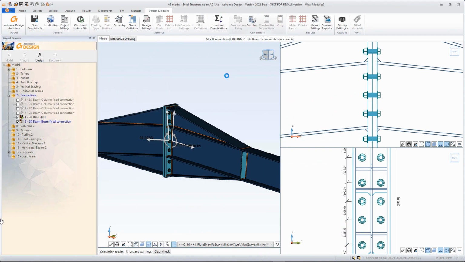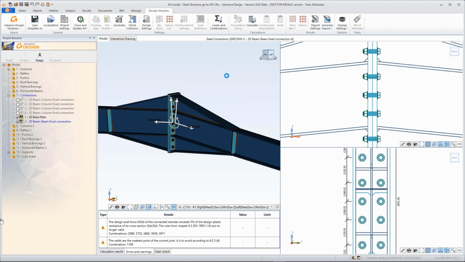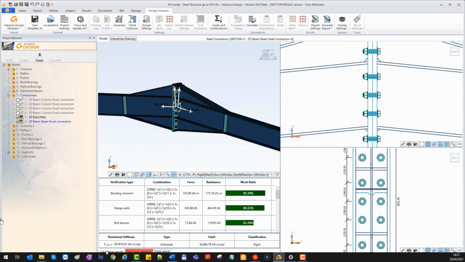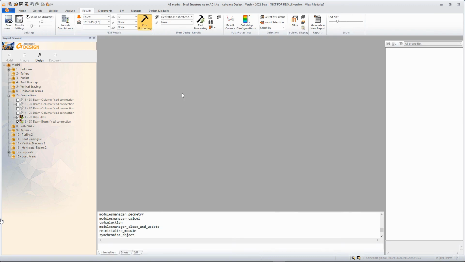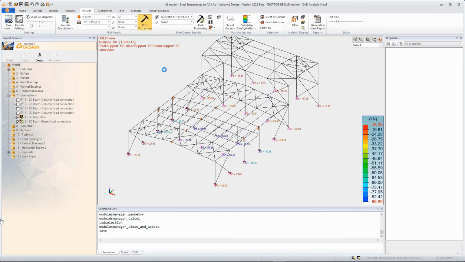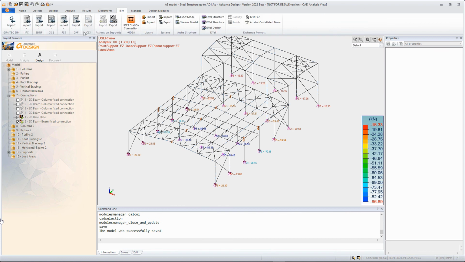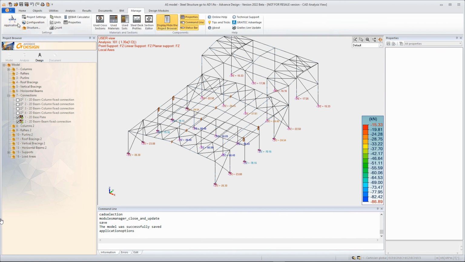And once the modeling of the steel connection is done, it's possible of course to launch the calculation and access the small table to display the results, such as the verification or the percentage of the work ratio.